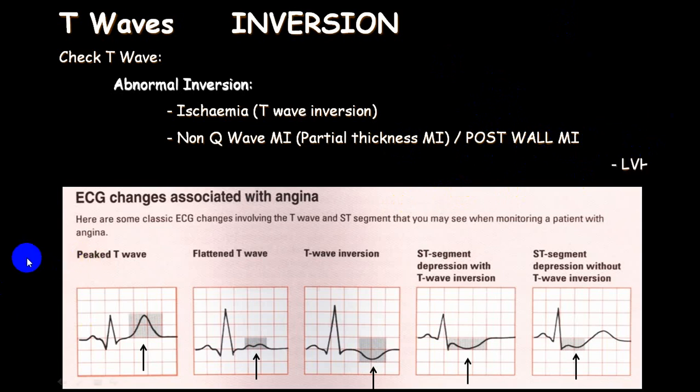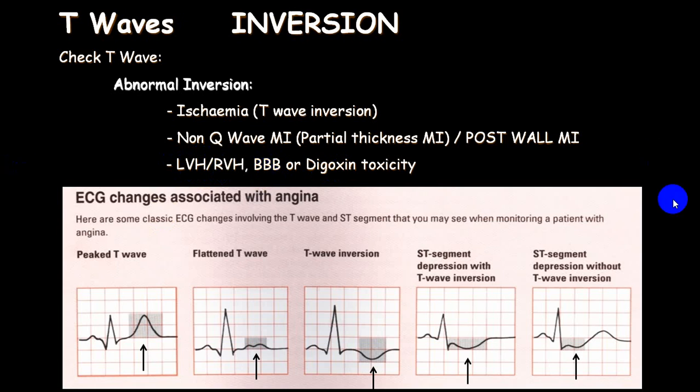Now you will see that in LVH, RVH, bundle branch block and digoxin toxicity, you can have a strain pattern. In LVH, RVH, and in bundle branch block, it will be in the opposite direction of the QRS complex. And in digoxin toxicity, it will be in the opposite direction of the QRS complex with a shape like a mustache. So it is called the mustache sign. Now here you can see this is a peaked T wave. This is a flat T wave. The ST segment is isoelectric. There is flattening of the T wave and appearance of a U wave. This will be characteristic in case of hypokalemia.